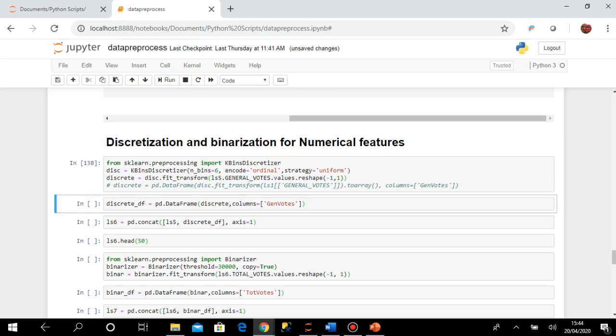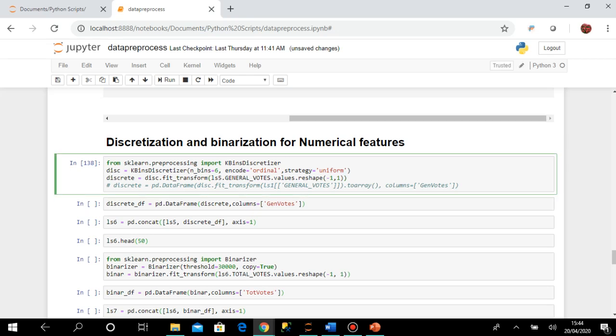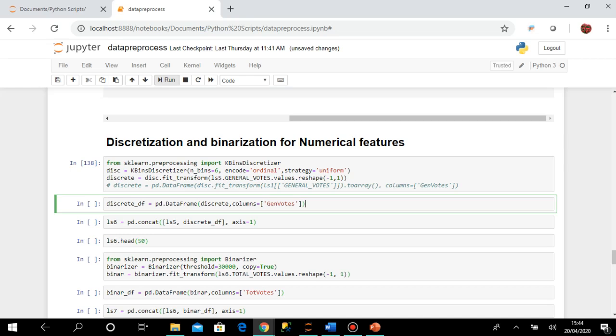Okay, so now I am creating a data frame from this discrete, and I am giving the column name as general votes. So let us see how it has been created. So now I had ls5 just created so far with feature encoding. Now I am adding this data frame also.